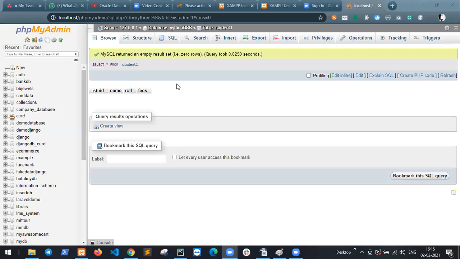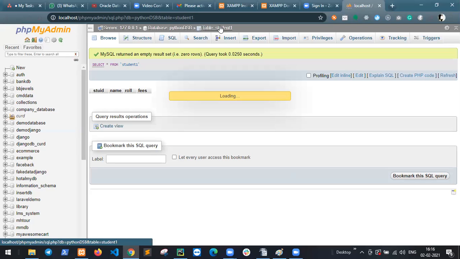Okay, so got it? Open your table, this student table, and click structure.